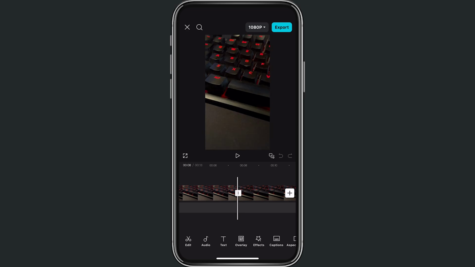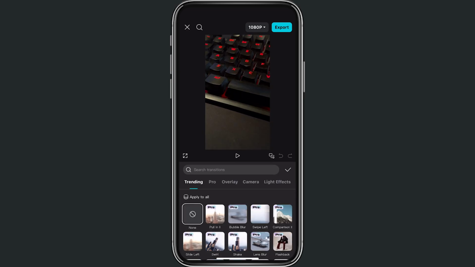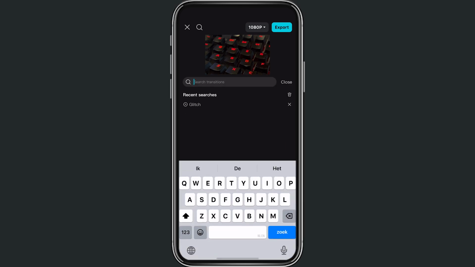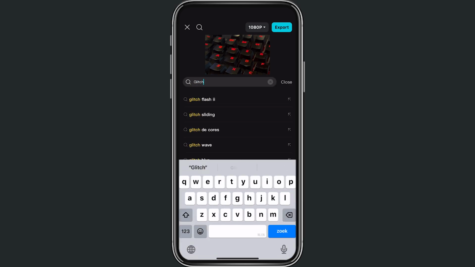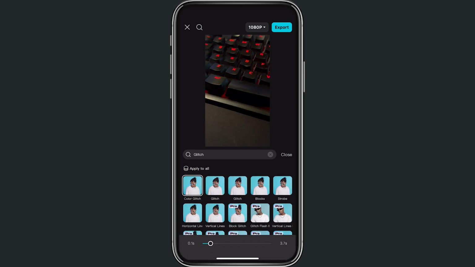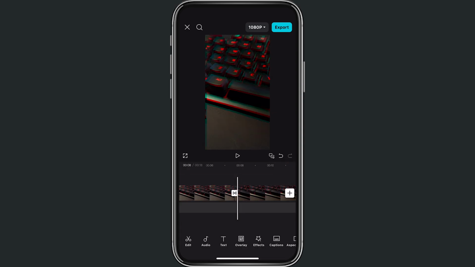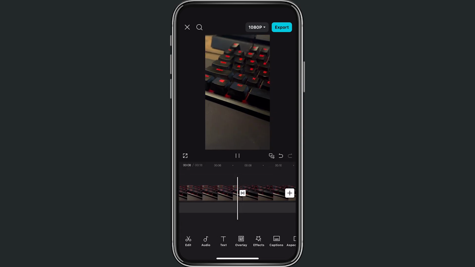So what we're gonna do now is click just right here and then click on the transition button just right there, and then search for glitch and click on color glitch. Then we click on close. You can select the time if you want to, but to be honest, I like 0.6 seconds. Then do close, then do accept, and right now we just added a transition,